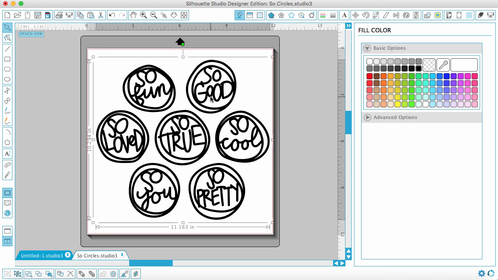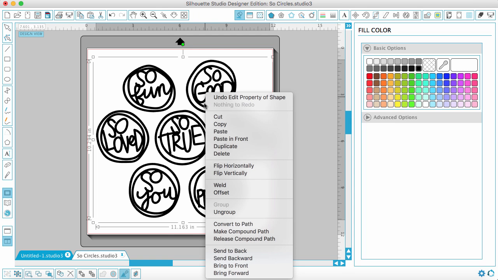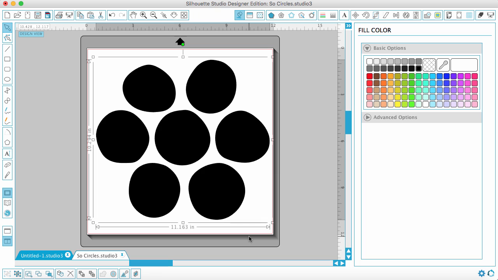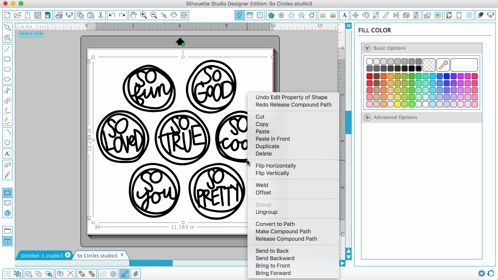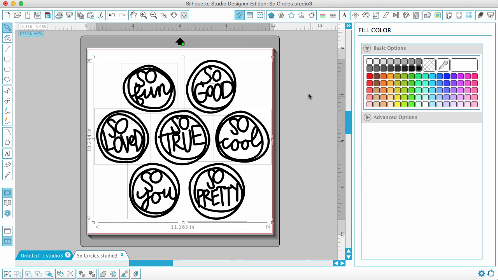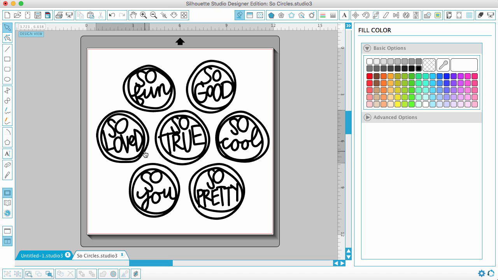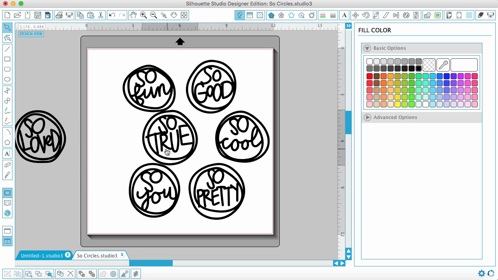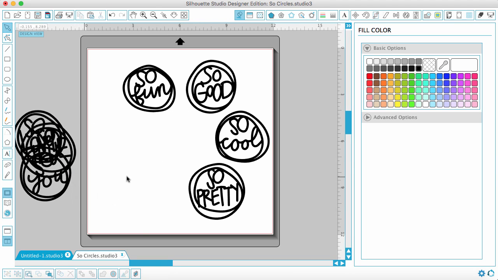So the first thing I'm going to do is ungroup these. You can do that by selecting the shape and right clicking. Oh, that's not what I meant to do. I meant to click on Ungroup, not Release Compound Path. Ungroup. And then all of these are separate. So I'm just going to get rid of the ones that I don't need